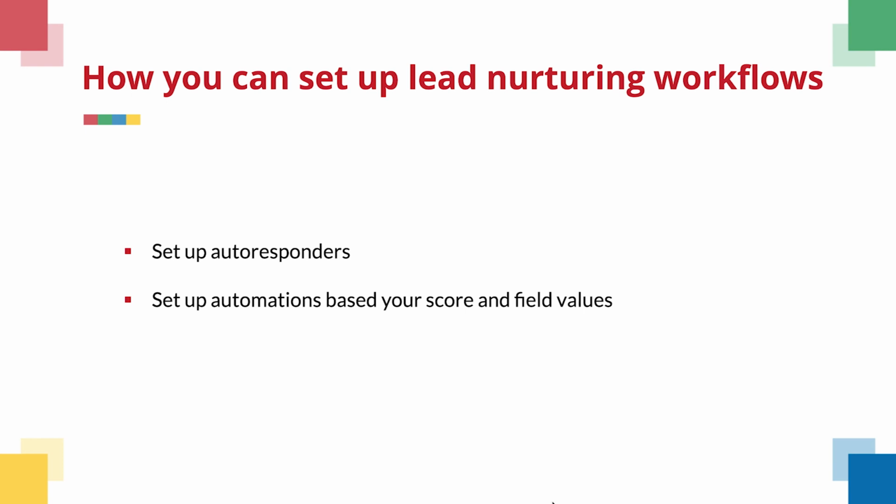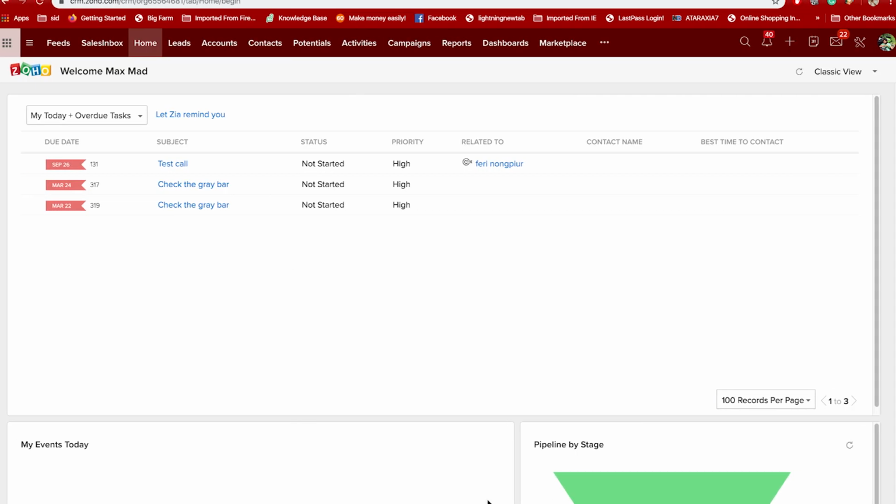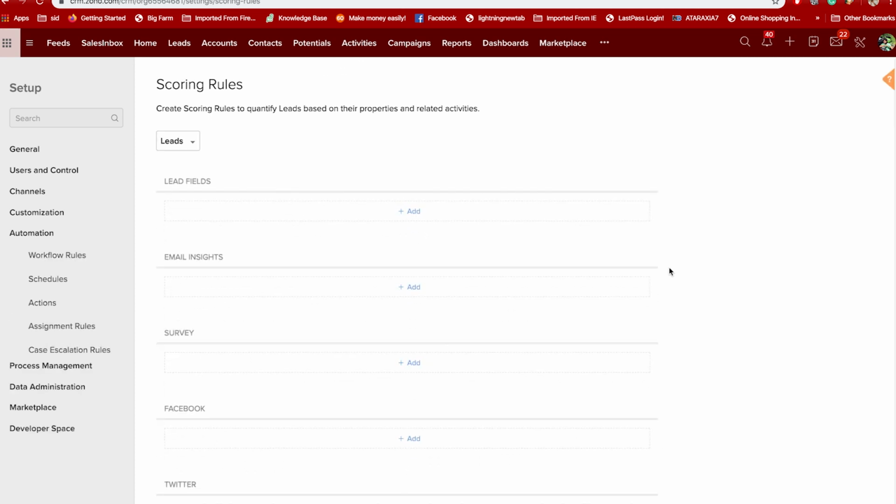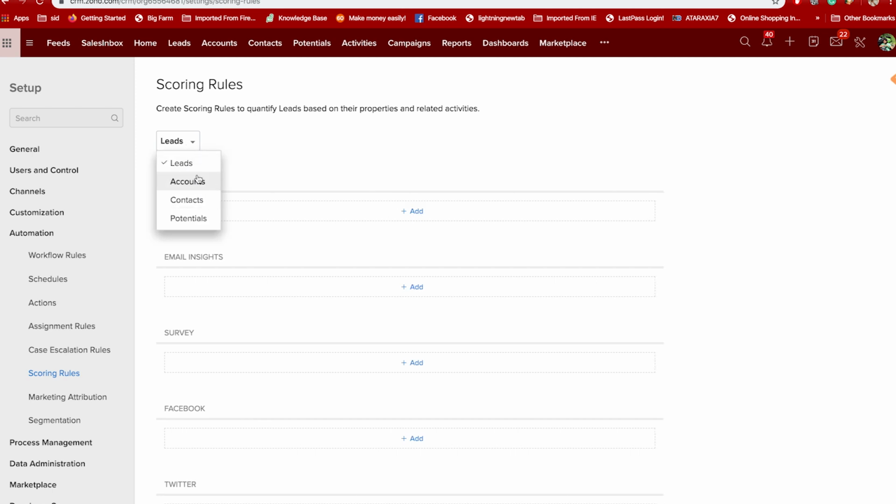Go to your setup page and on your top right corner under automation, find your scoring rules. I'm going to go with my leads module, but you have all these 4 modules that you can choose from.